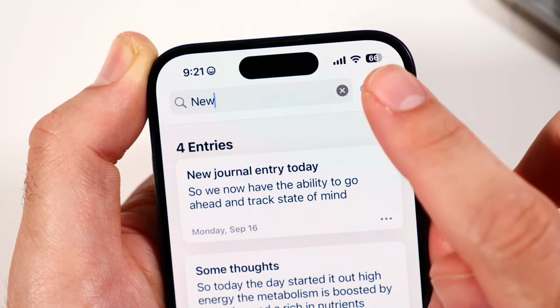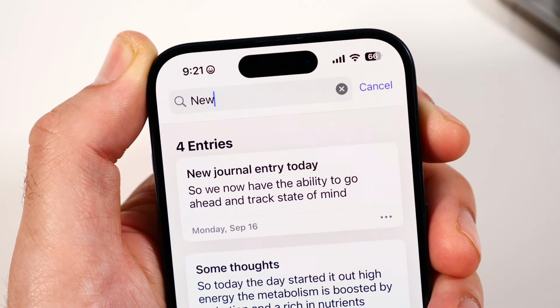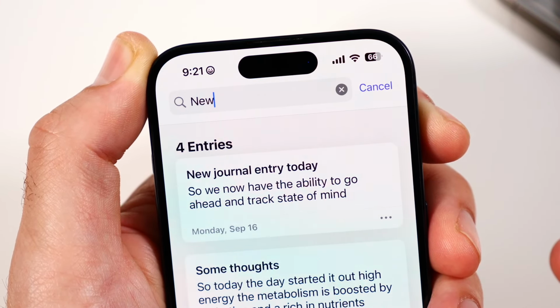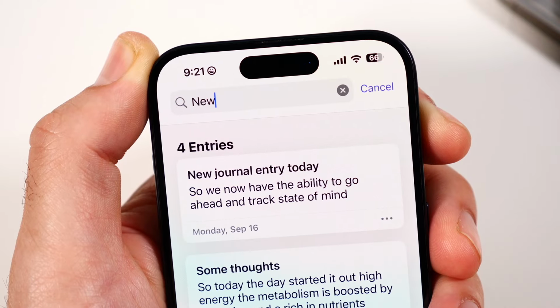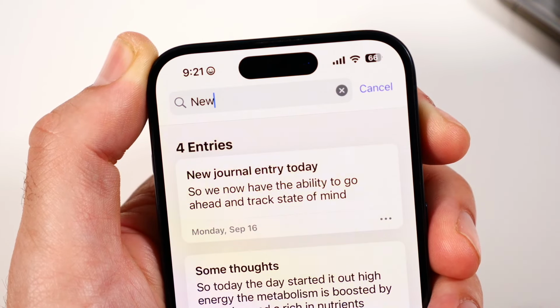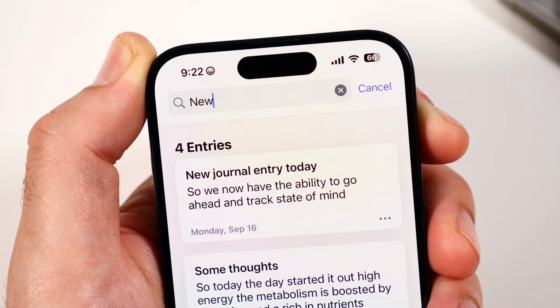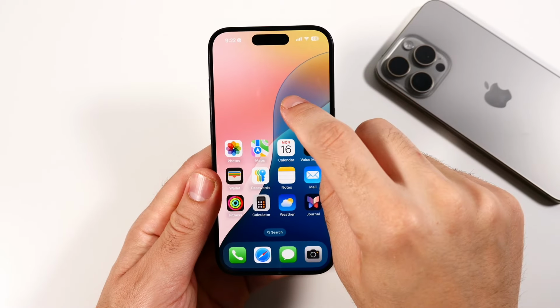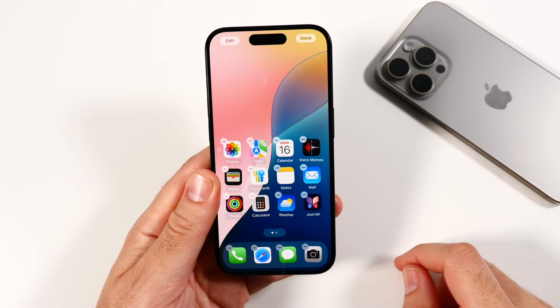And remember, the Journal application is fully encrypted. It's only on your device. It cannot be seen by anybody else. And it can be locked and hidden, which we'll talk about later when we talk about another new feature in iOS 18. And since we're on the topic of Journal, we also have an all new widget at number 32,